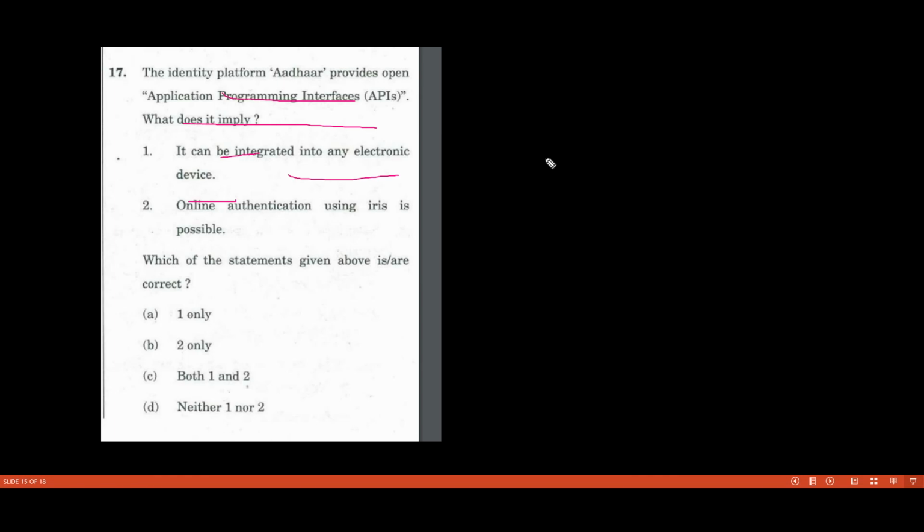So, for example, our smartwatch is there. All right, so I didn't find it कि एक statement बहुत ही ज़्यादा correct है. So for me, this was wrong, and then this was online authentication using iris is possible. So we know that yes, online authentication using iris is possible. So whenever you want to update your Aadhaar, so definitely you go for iris scan and then your information is updated. So online authentication using iris is possible, yes, but this statement was also correct and it came like that in the examination.